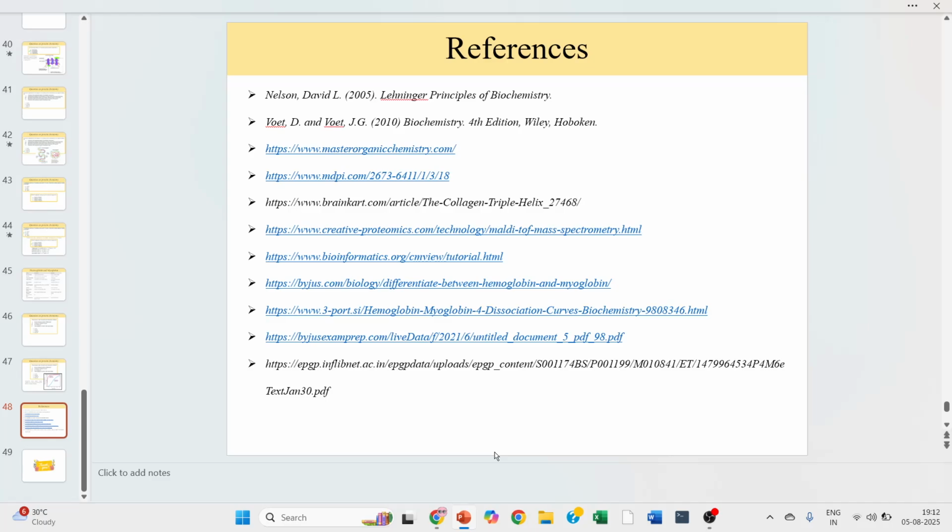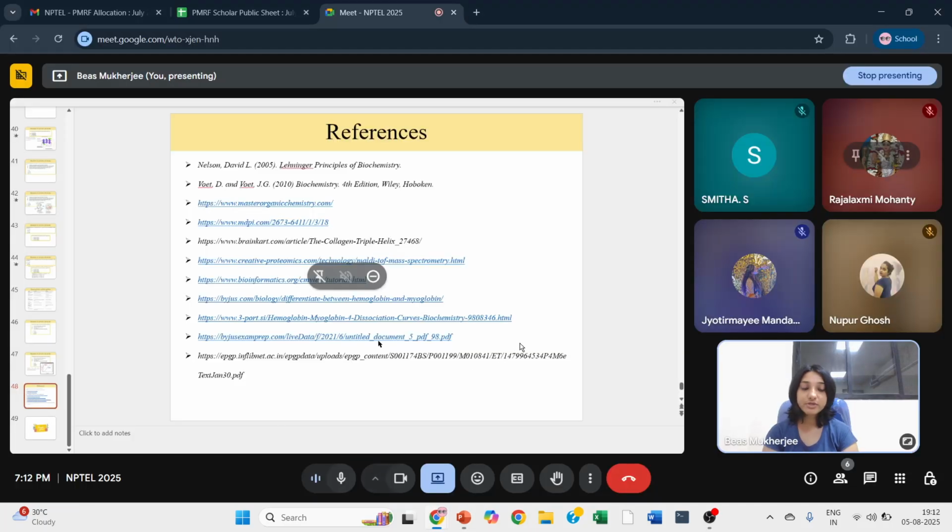Now that's all for today. These are the different references. The first two are 2 books which you can refer. These are Lehninger's Principles of Biochemistry and Voet and Voet's Biochemistry. So you can go for the 4th edition or any other edition if you want. And it's very important because these books are available online for free. You can go through these. These are very standard books that you can refer. Besides these, there are all of these other places from where I have taken these different images, the theory portion. So you can actually go through those and you can get a better idea of whatever we have discussed today.